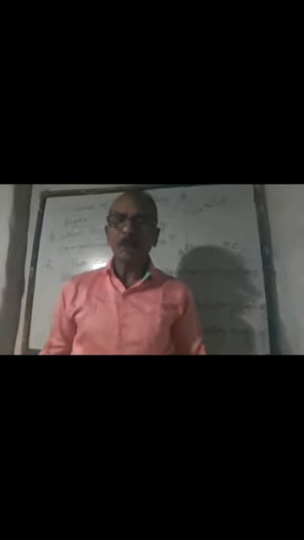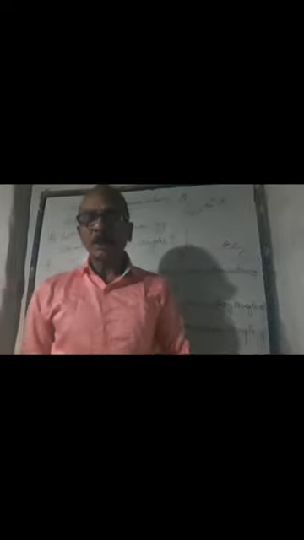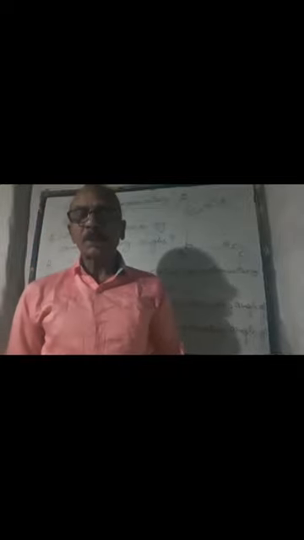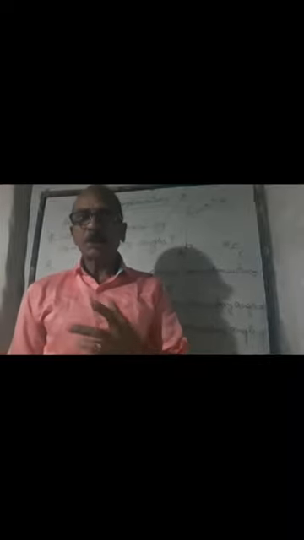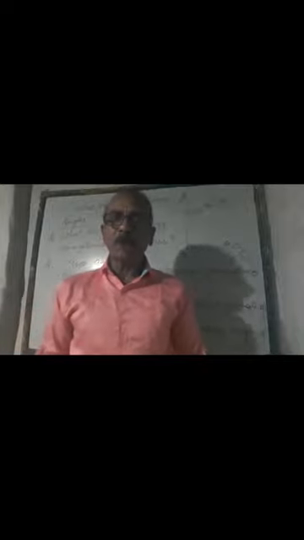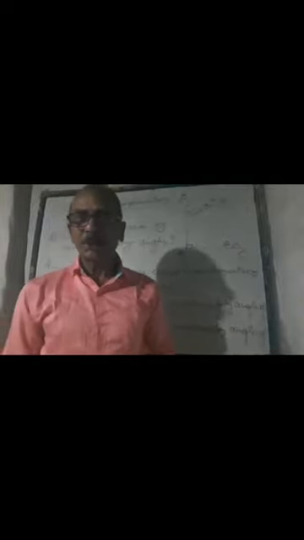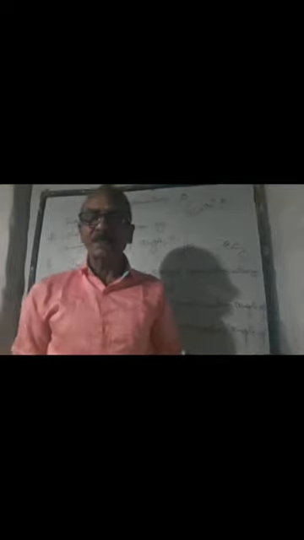Today's topic, in fact this is my fourth lecture for class 10. The unit is trigonometry, as you all know, and today's topic is the T ratios of complementary angles as well as the trigonometric identities. So today we shall be discussing these two. In previous classes we have discussed a lot about trigonometric ratios, the range of trigonometric ratios, as well as the trigonometric ratios of various angles varying from 0 degree to 90 degree.